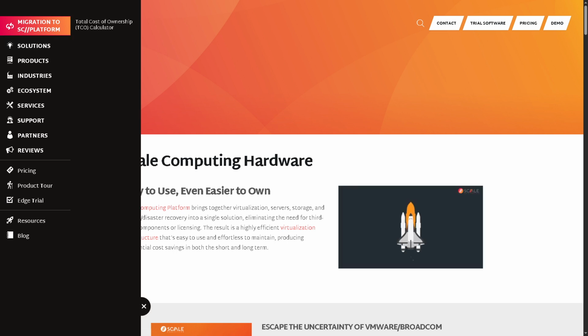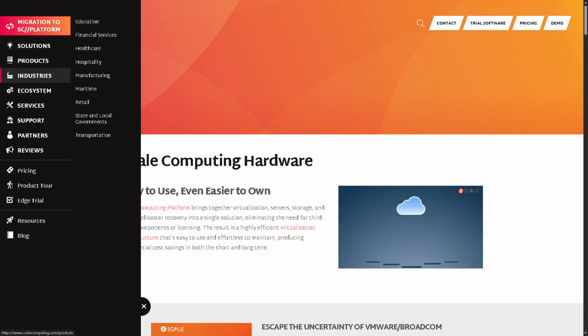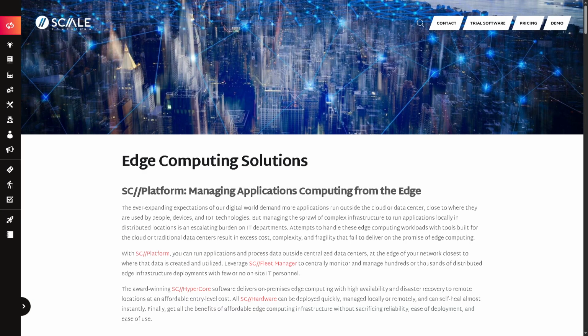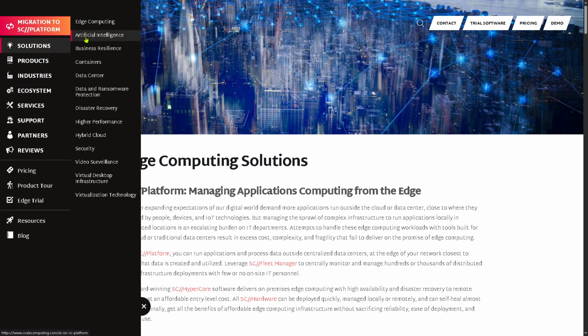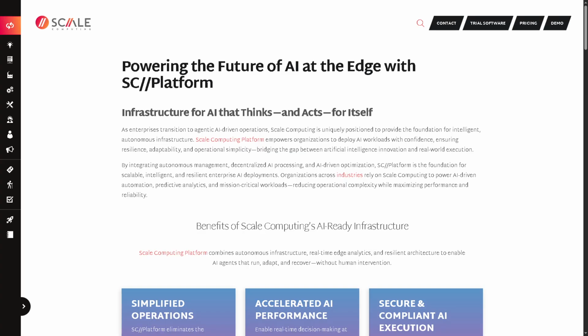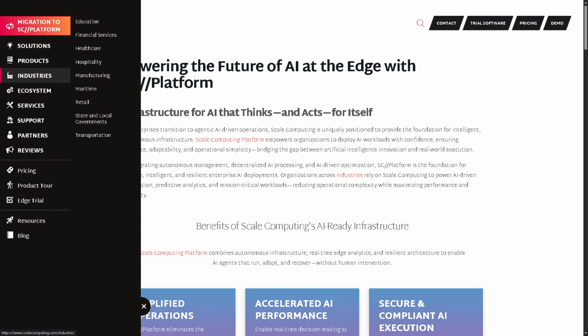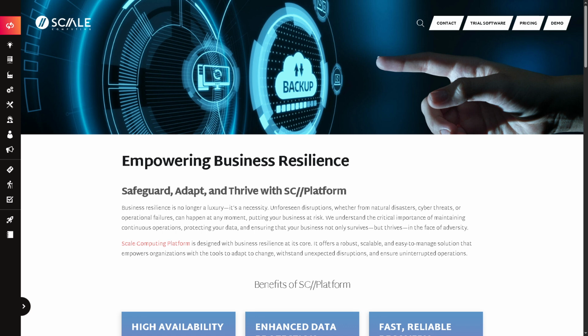What we're gonna do is take a look at them very quickly. The edge computing delivers compact, resilient infrastructure for remote and branch offices like retail locations or industrial environments where local processing is critical. The artificial intelligence, or AI, supports AI workloads at the edge or data center, enabling real-time analysis and automation without needing centralized cloud processing. And then the business resilience ensures IT infrastructure continuity with integrated backup, failover, and disaster recovery, keeping applications running even